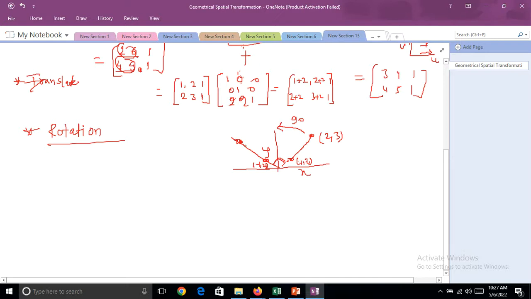How much it will be rotated? -3 and 2. So what actually we are doing, what actually we shall do,